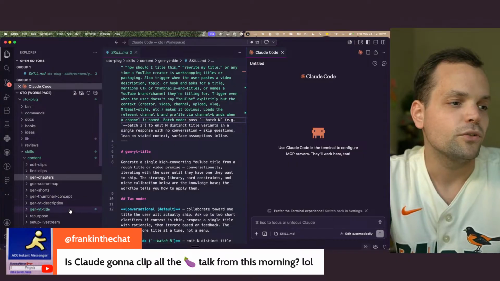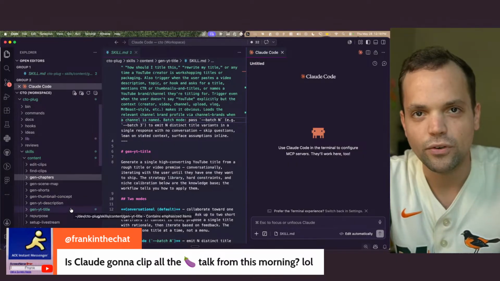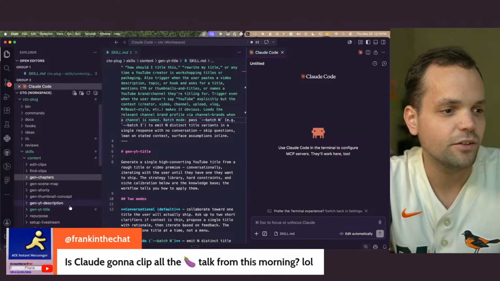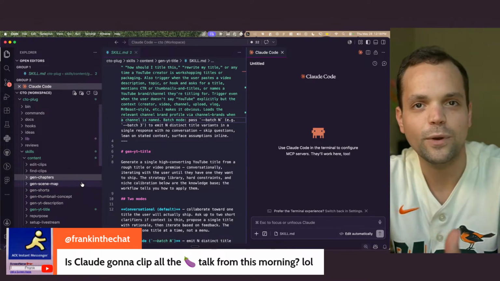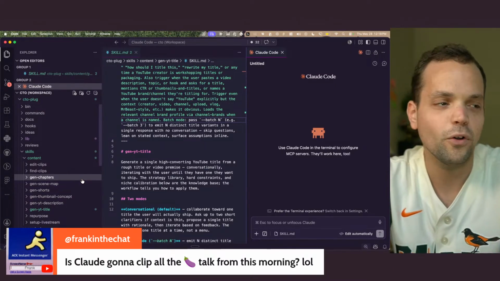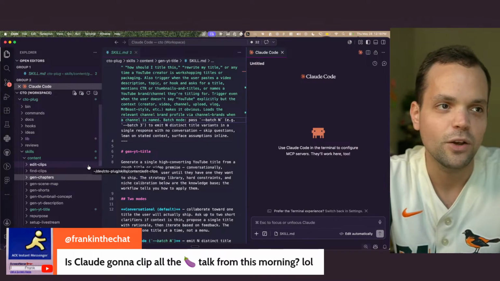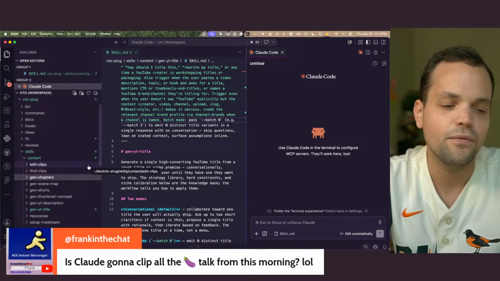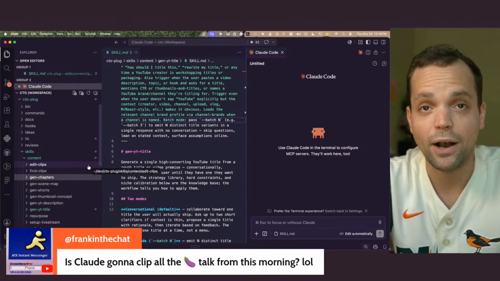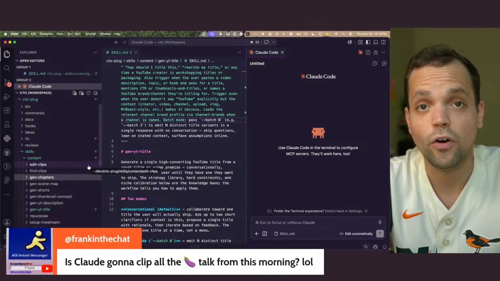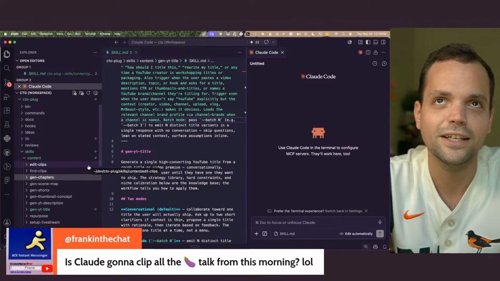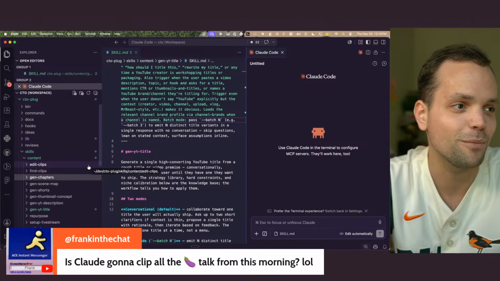From there, it's going to pass it to the transcription phase. That's going to turn the audio into text so that we have a text file of all of our words. From that, we can derive context, meaning we can start to figure out what the conversation was about. What were we actually talking about on the live stream? What are the contents of the content that we just published?